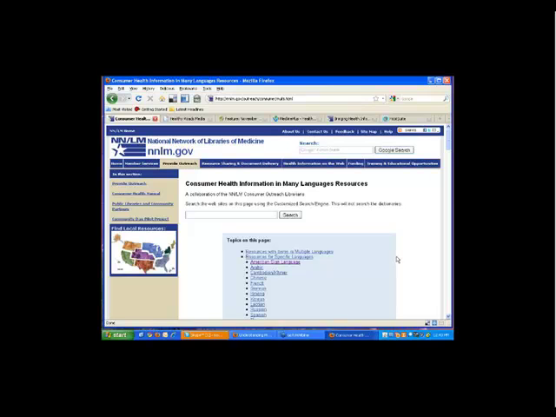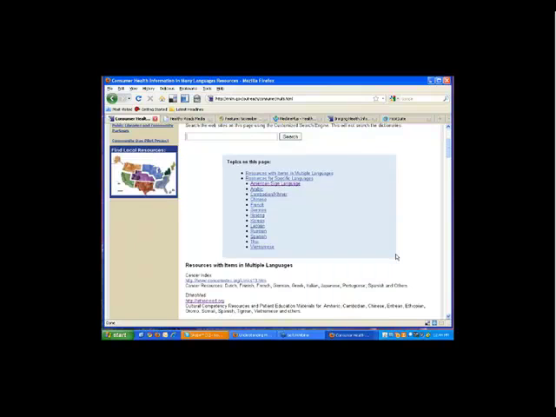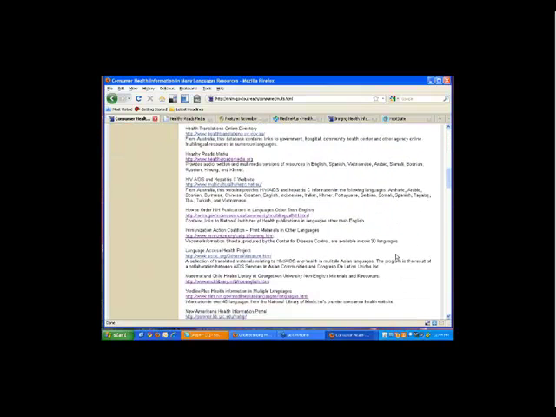I think that that's a useful tool, but I also think it's important to make sure that you go in and take a look at some of the pages directly, because it just shows them not in any kind of order of what's the most important, what's the most relevant. So I think it's good to also take a look at this page and find resources that you think will be most useful to you in the work that you do. I wanted to point out a few of the pages in particular, to highlight a few of those pages.